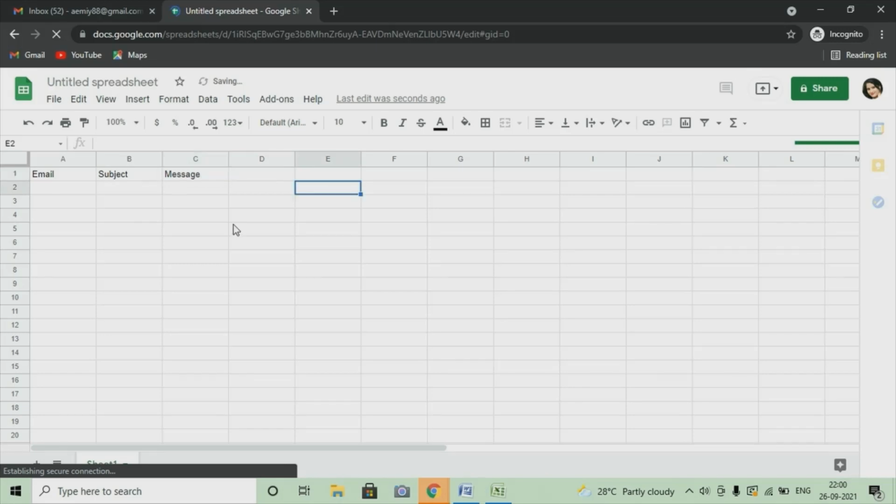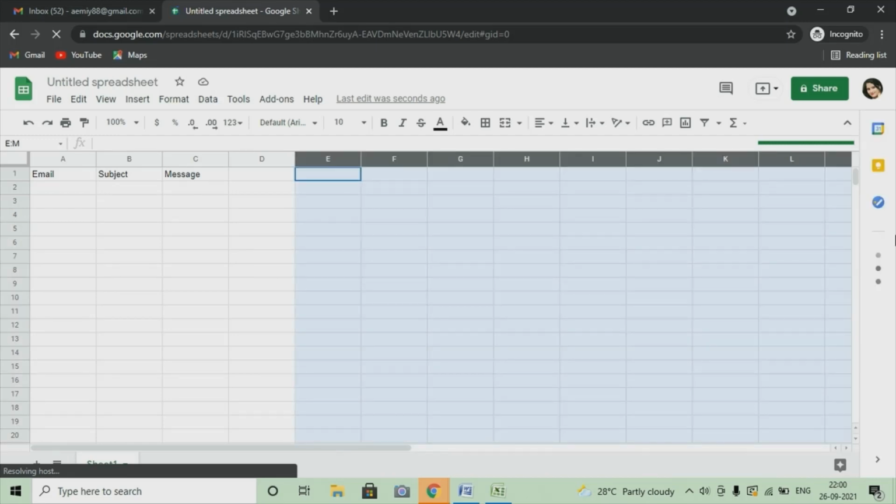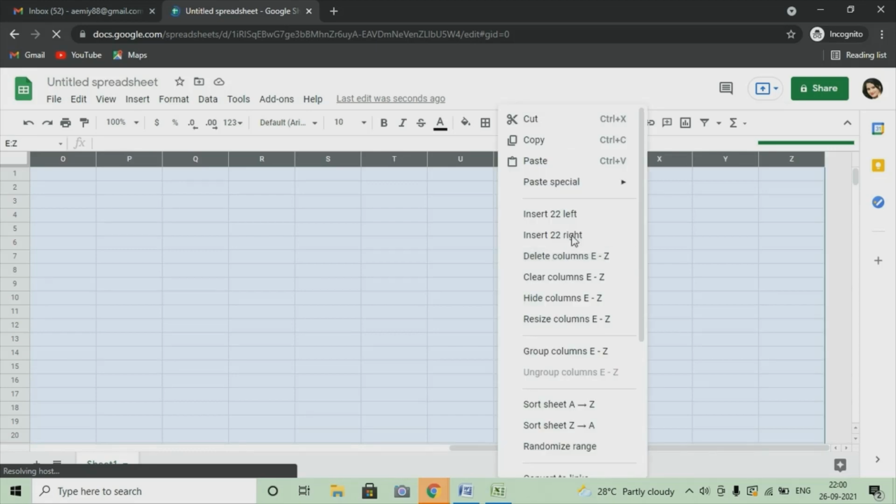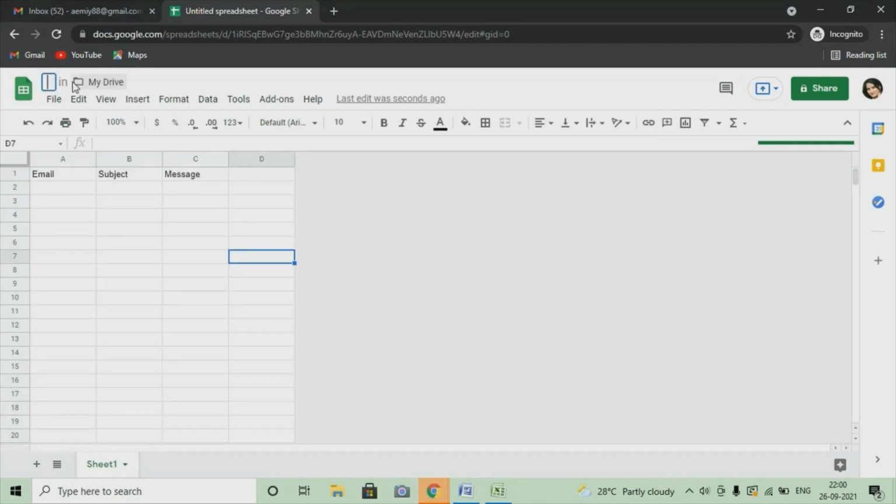So we only need 4 columns, and in this column we will put our button. We will remove the entire column that we have no use for. We will select the entire column that we don't need and delete it from here. So now we are left with 3 columns, and for the subject name you can choose any name, and I'm going to select my channel name, Basics with Meeta.